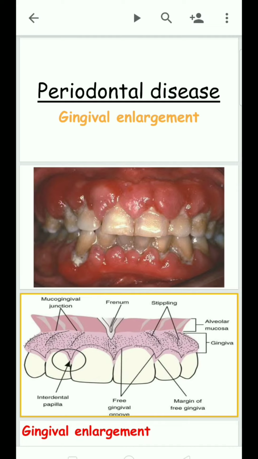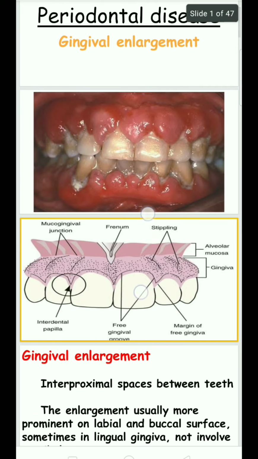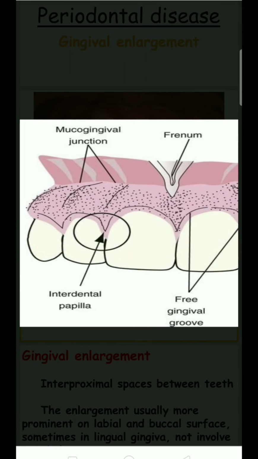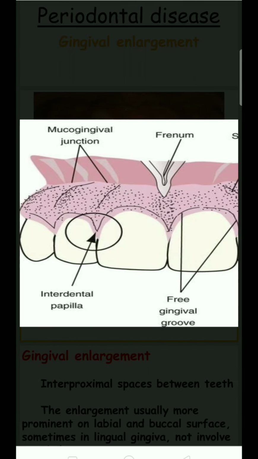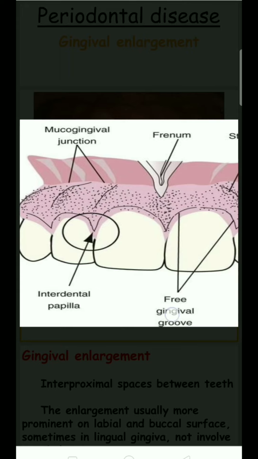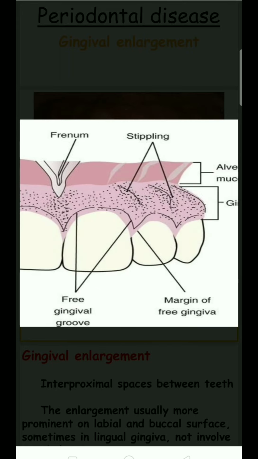Today we have to discuss the topic of gingival enlargement in periodontal disease. Before going to the topic, we need some more basics, that is gingival anatomy. This is called the interdental papilla. This is called the mucogingival junction, and this is called the free gingival groove and the margin of